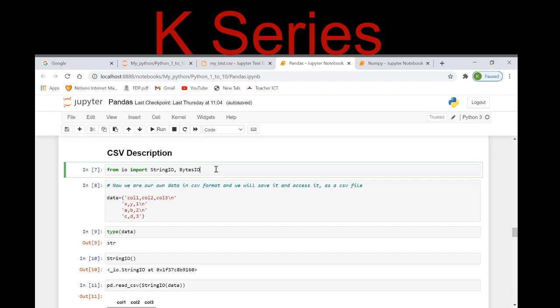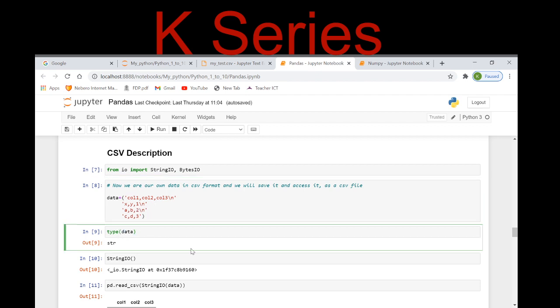Let me show you how it works. See, now we write our own data in CSV format, and we will save it and access it as a CSV file. See here, I have taken my own data here, col1, col2. As you can see, by giving \n it is a separated line, next line, next line, right?